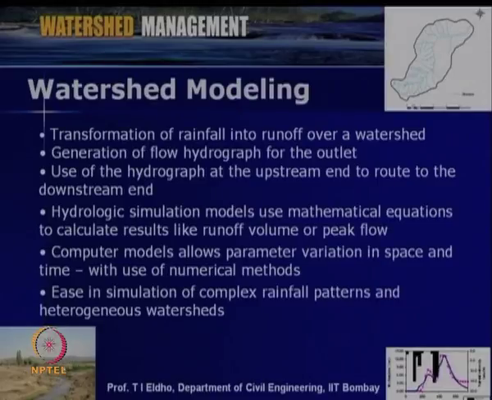As we discussed, the various processes or parameters within the watershed are very heterogeneous and vary from one point to another point. So, we have to consider all these aspects and then develop a computer model, for example, rainfall to runoff. This figure shows that for the given rainfall at the outlet of the watershed, we have to identify how much the runoff will be, so that various watershed management measures can be undertaken. This is the main purpose of these kinds of watershed modeling.